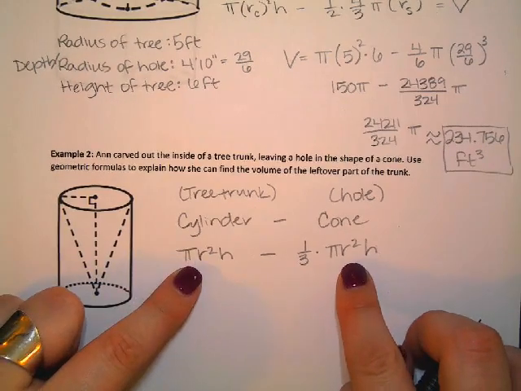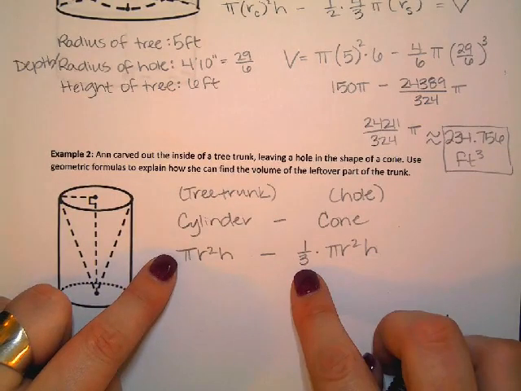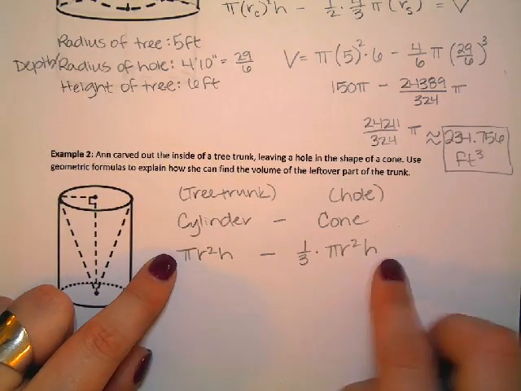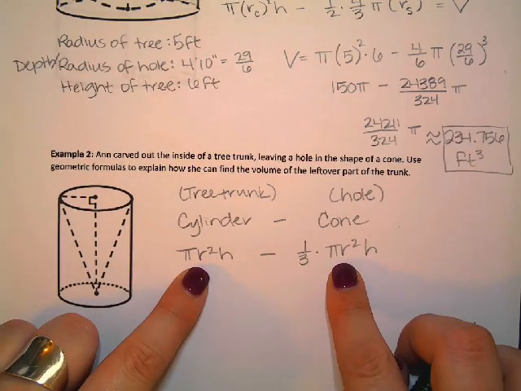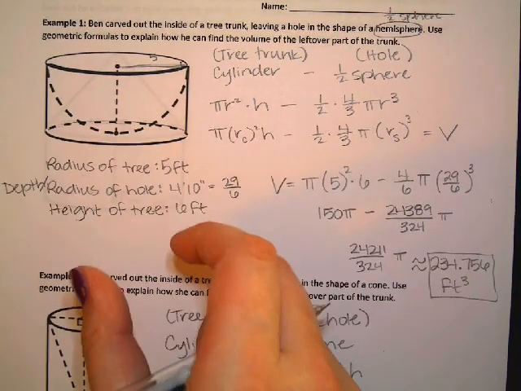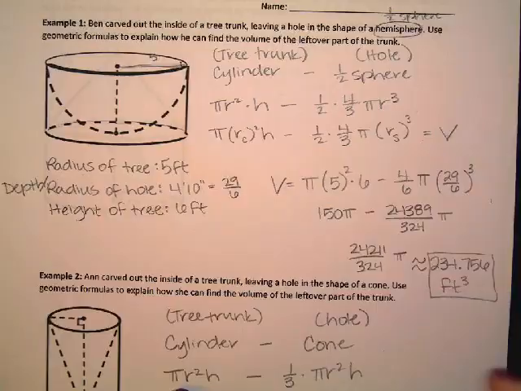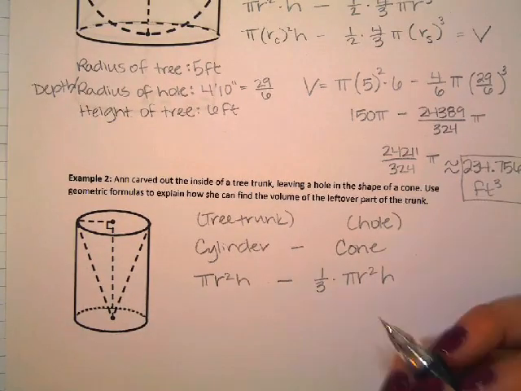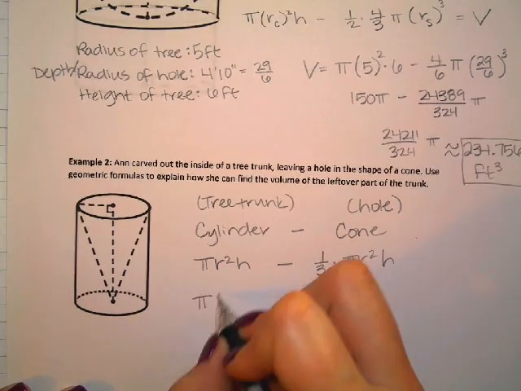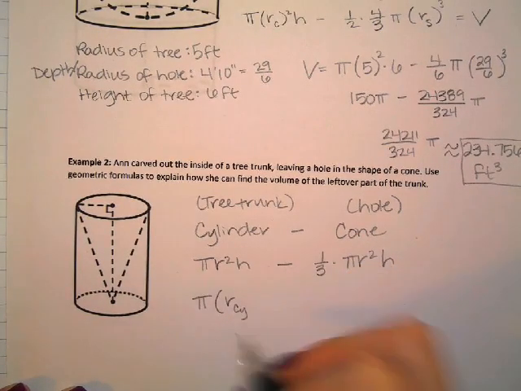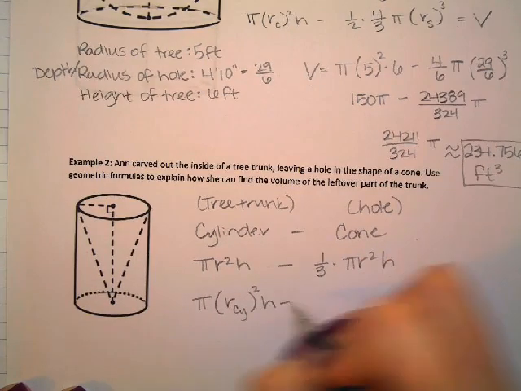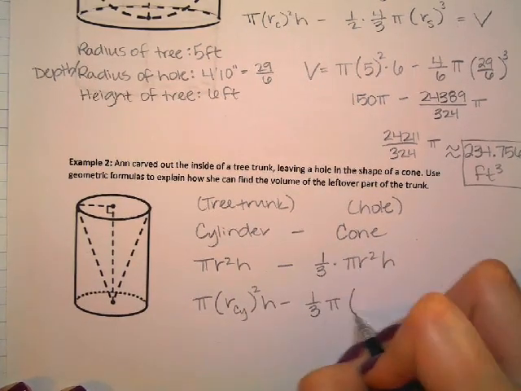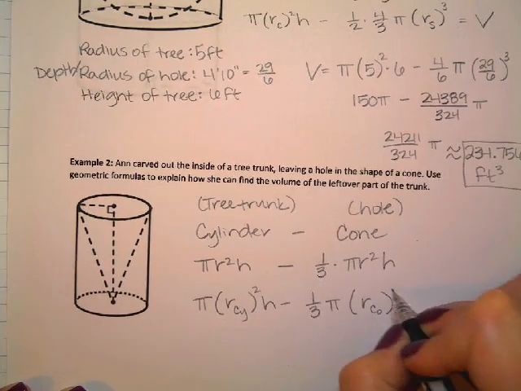Now, they're very similar. You can see that you've got 1 in front of this and then 1/3 in front of this. We could kind of combine these like terms if the radiuses were the same. But just like we discussed before, the radius of the hole might be a little bit smaller than the radius of the tree trunk, just to leave some room so it doesn't quite go to the edge. So again, I'm going to say pi, the radius of the cylinder. I'm using cy because cone also starts with a c. So radius of the cylinder squared times the height minus 1/3 pi times the radius of the cone squared times